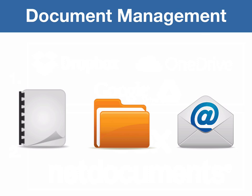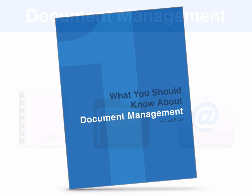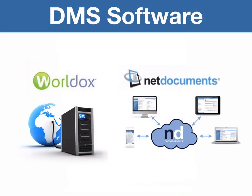So once you've scanned all your key papers into digital form, then you can say, I am going to manage all of my documents in digital format. And then the question becomes, what technology will you use to manage all of your documents? Now, I have a 10-page paper that was created by a friend of mine who does document management services, and it's all about document management. That's also part of my course, if you want it. But I'm just going to touch on this briefly, and that is, if you're going to manage documents in a digital format,